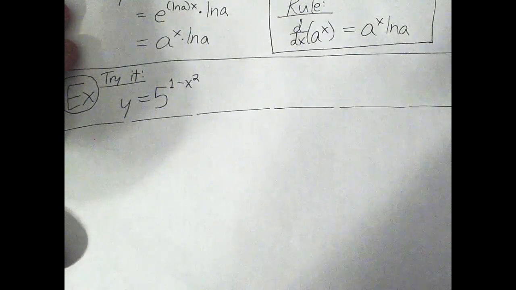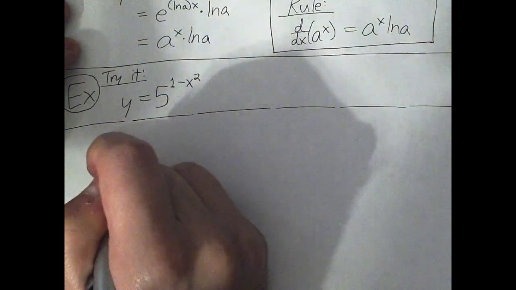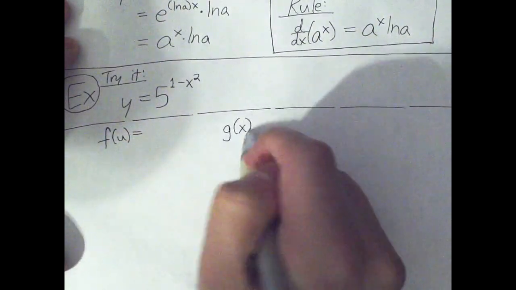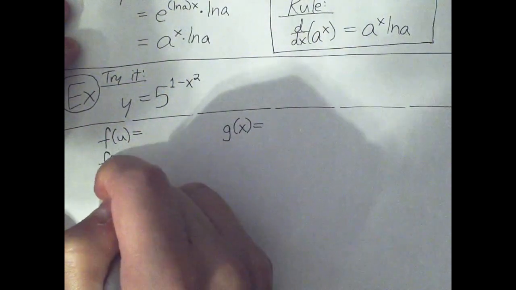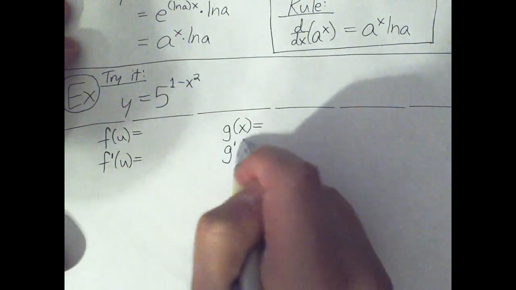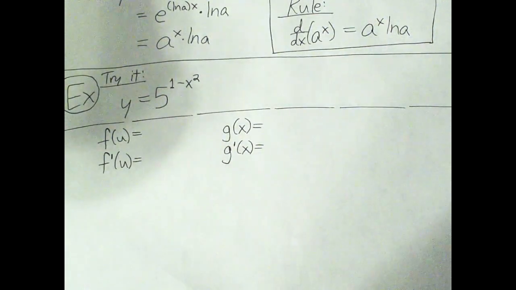All right, so hopefully you paused the video and tried that. I think what we should do is set up f of u, g of x. Maybe the first thing to do before we even set that up is take a look at the problem and ask yourself, is this a chain rule problem? Can I do this with the product rule, quotient rule, some other rule? Well,